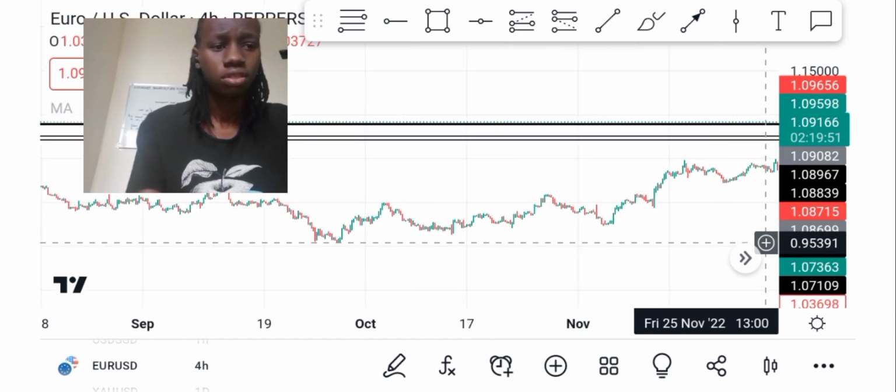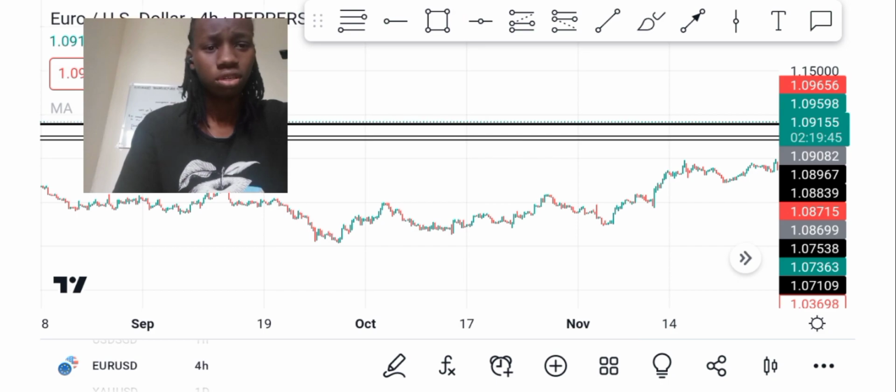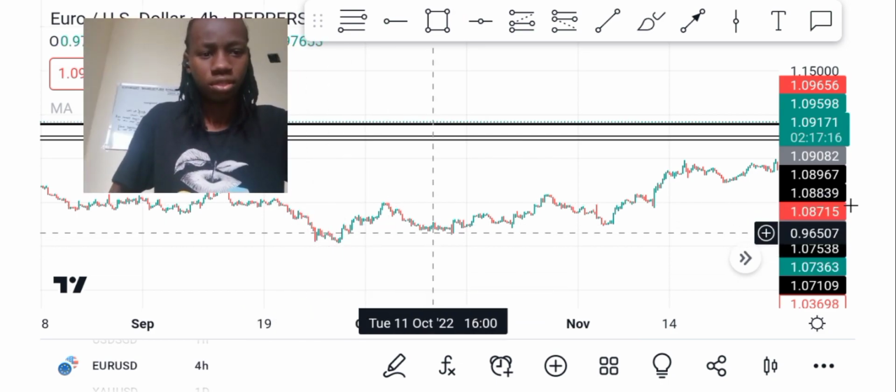Don't mind the lines on my graphs. Those ones are for other things that I use the graphs with on analyzing markets and strategies. So I was saying,